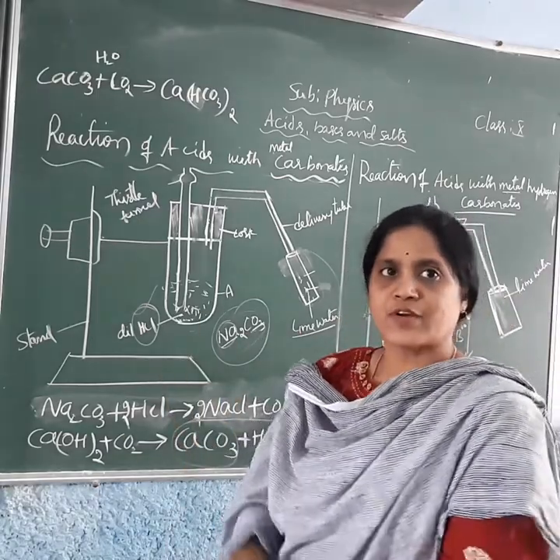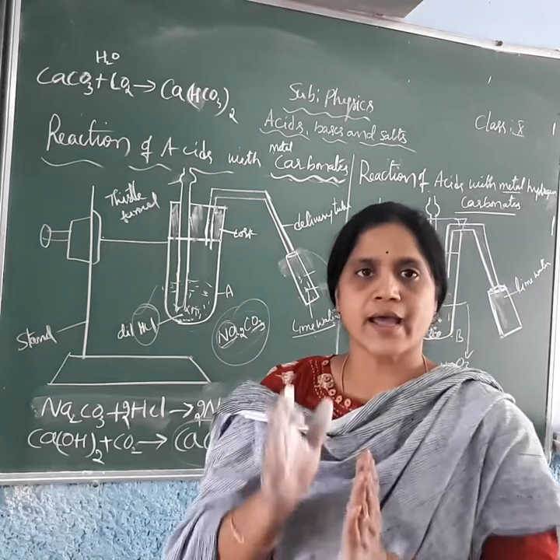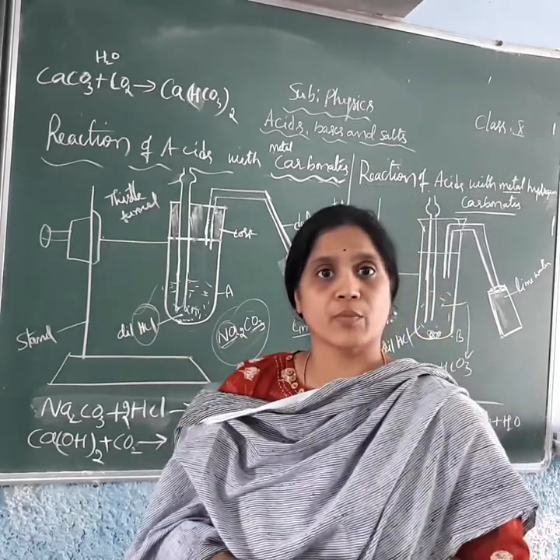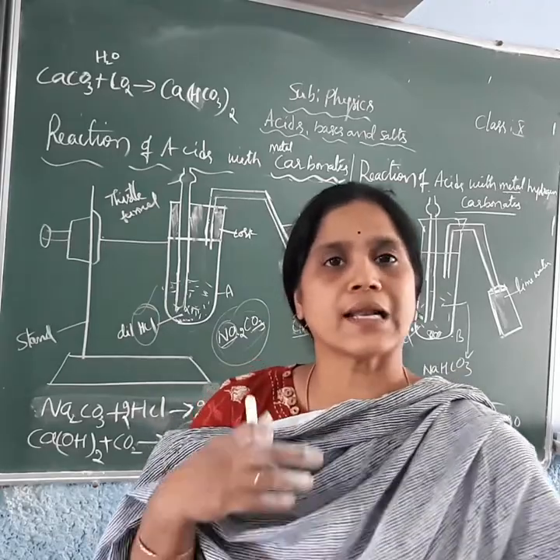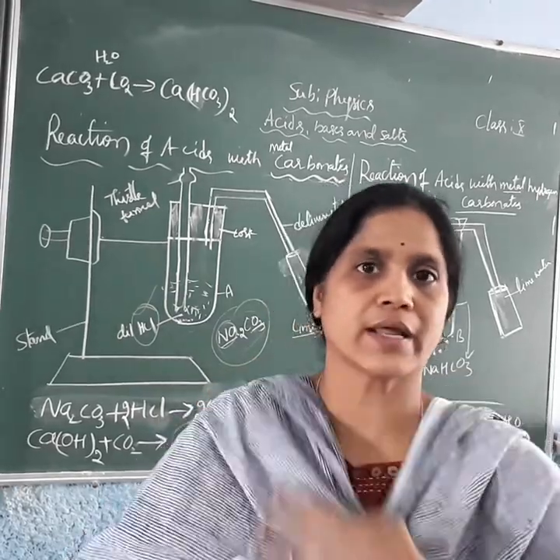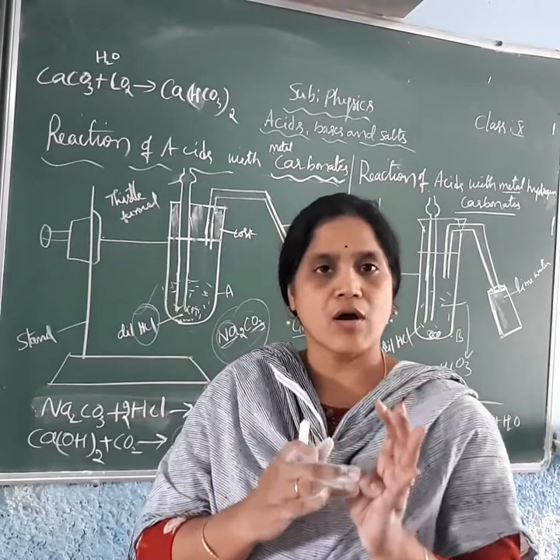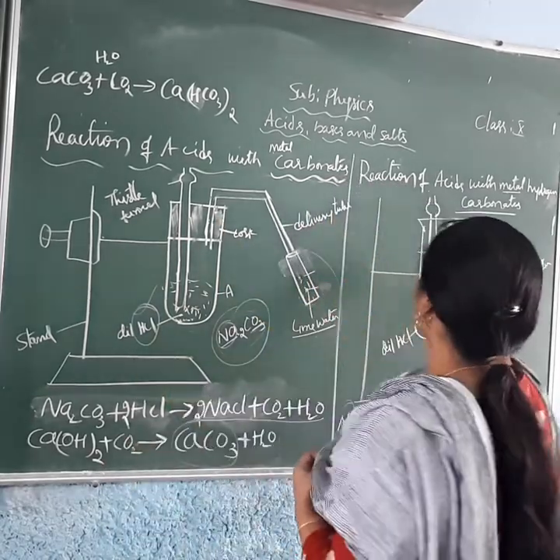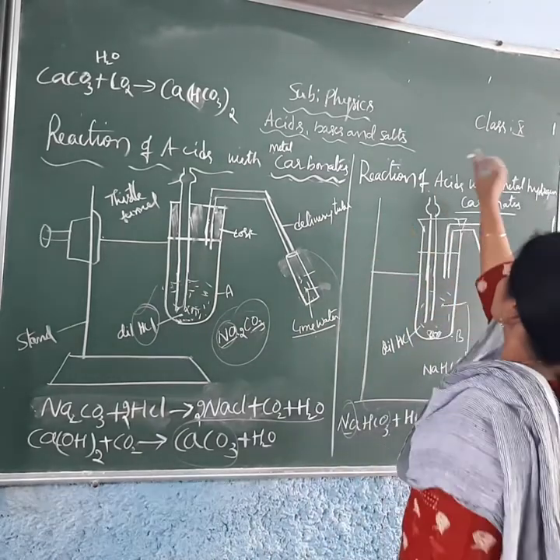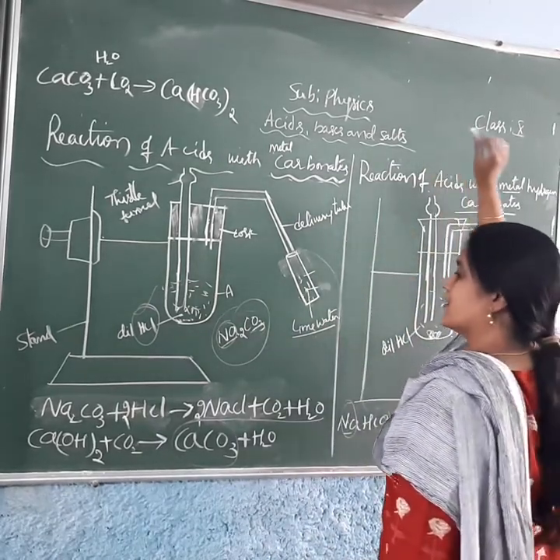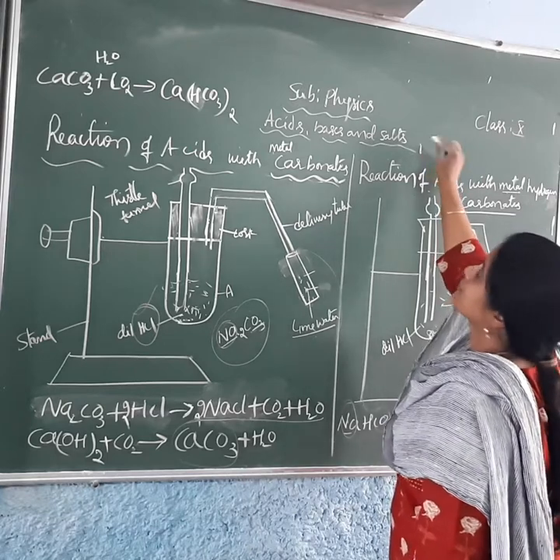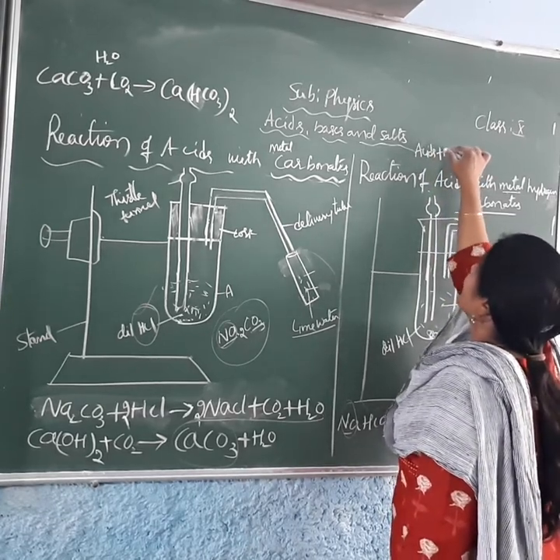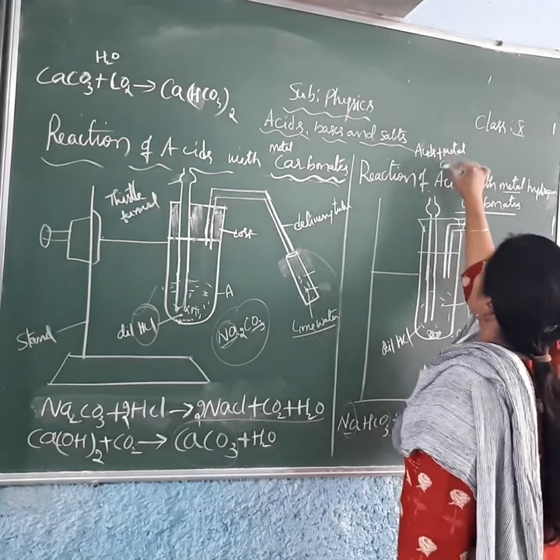Once again I am repeating: when acids react with metal carbonates or metal hydrogen carbonates, the end products we get are salts, water and carbon dioxide. So in the end you must write the result: acids react with metal carbonates